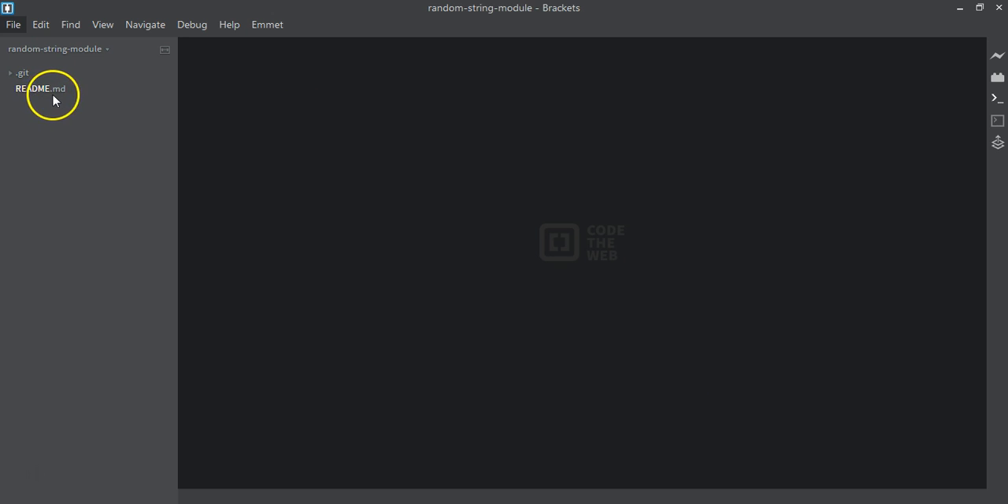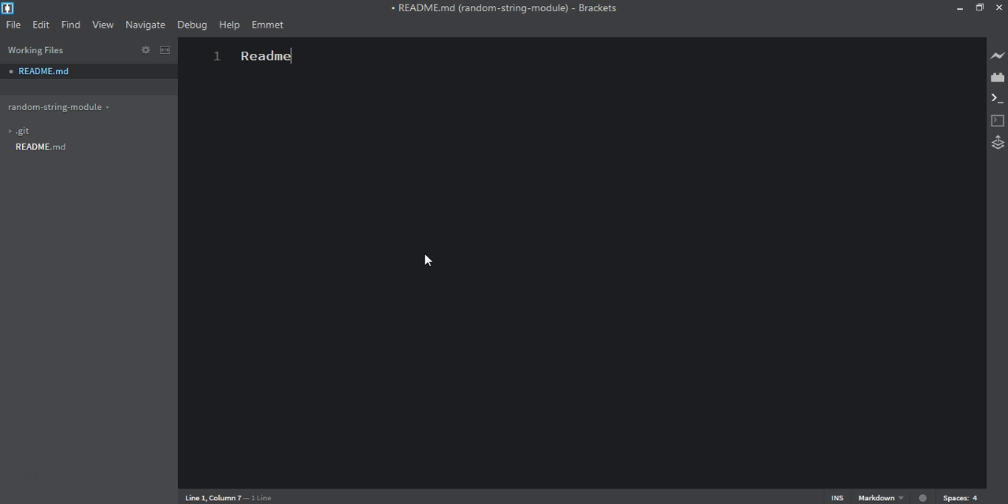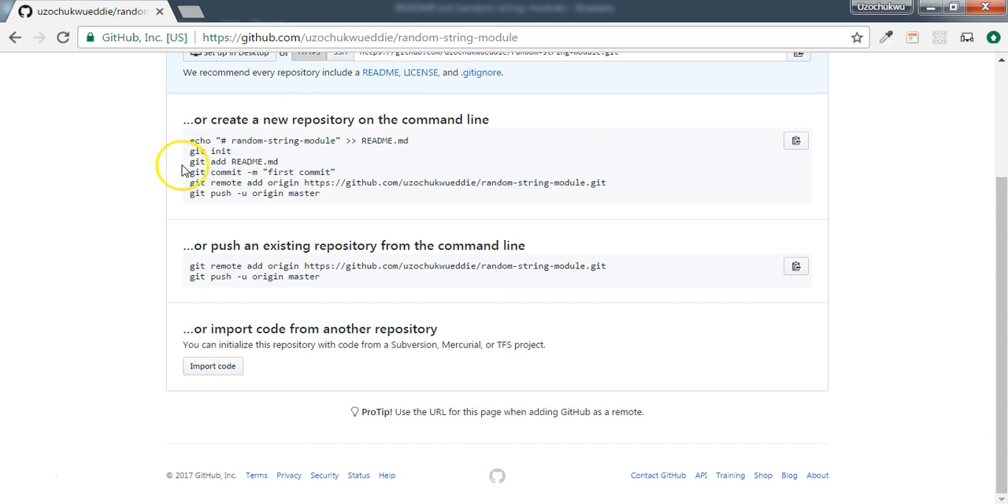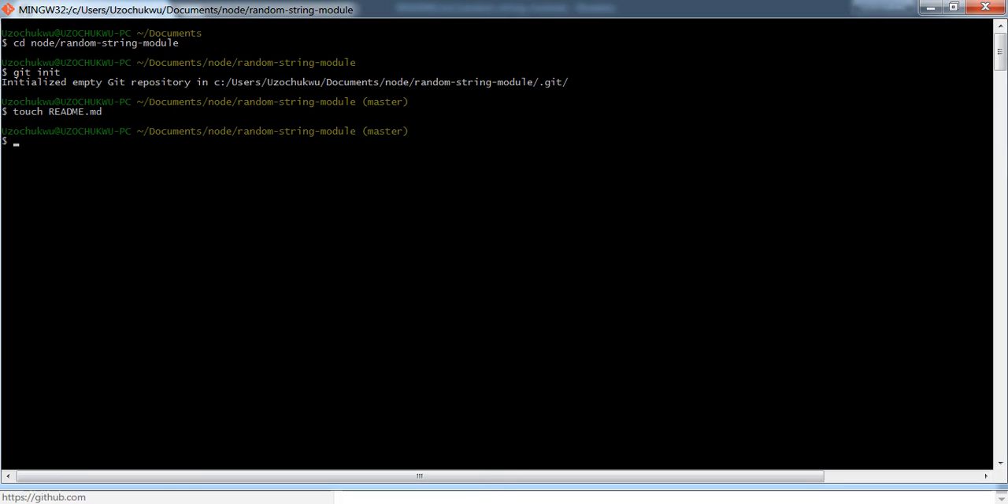Now this MD extension stands for markdown, so readme.markdown. Now what I want to do is create a simple text here. We'll just say readme test file. So I have this. Now the next thing that we'll need to do, if we go back to this, it says git add readme.md. Now inside the project, if we type the command git status,